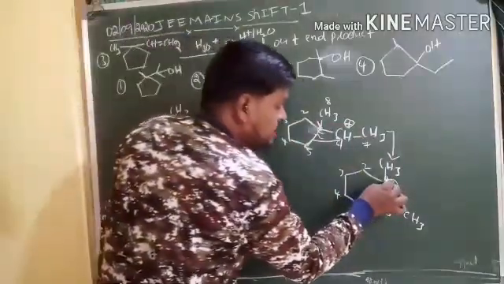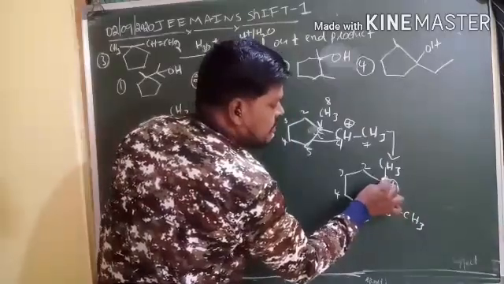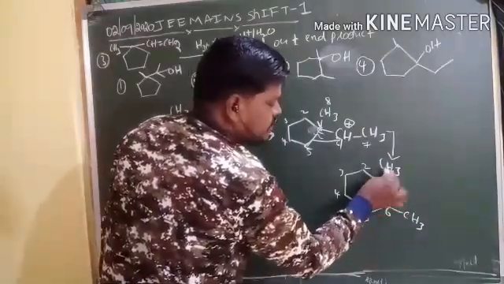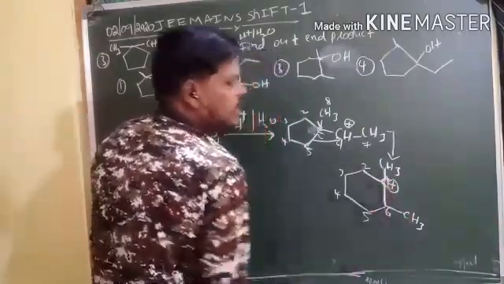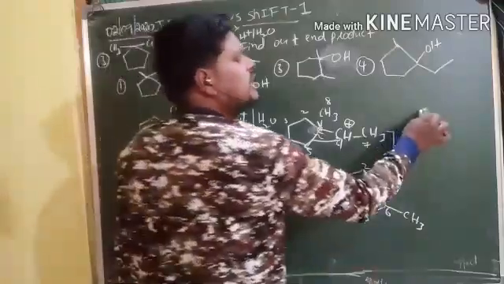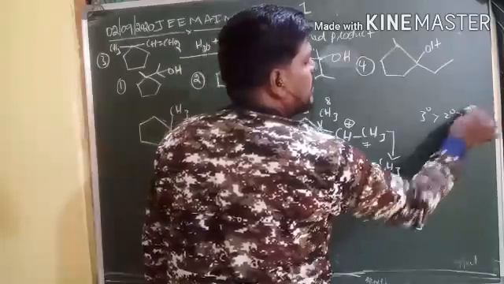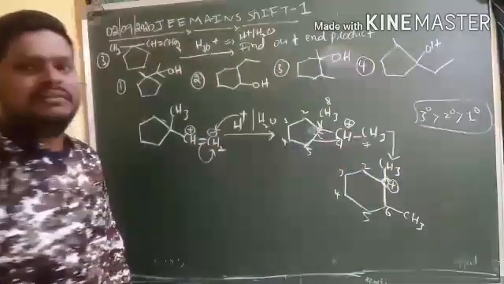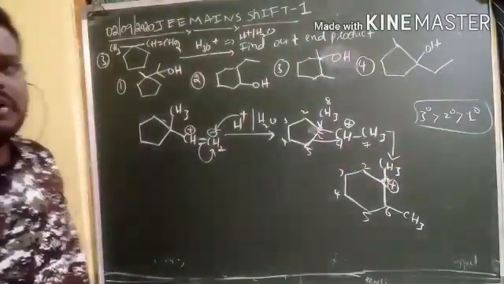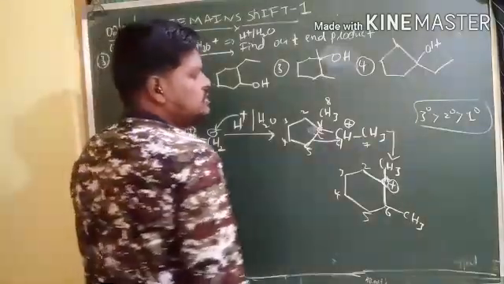And why only here? Because this carbon is surrounded with carbon and again carbon. That's a tertiary carbon. So tertiary carbocation is more stable than secondary carbocation, than primary carbocation. So this is the order according to the Markovnikov rule. Right. So now here